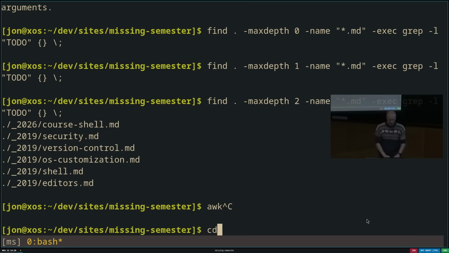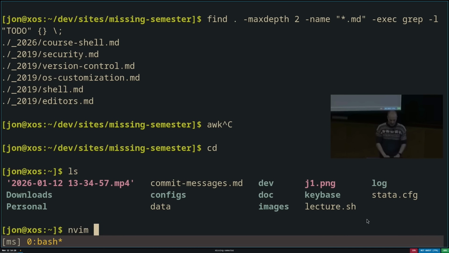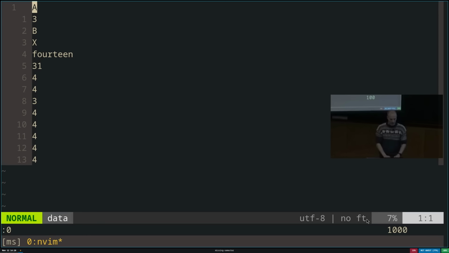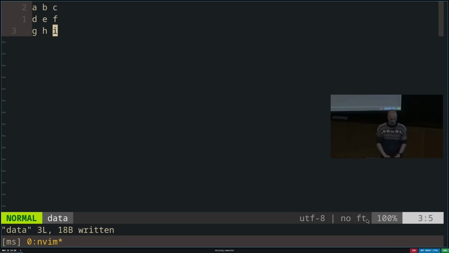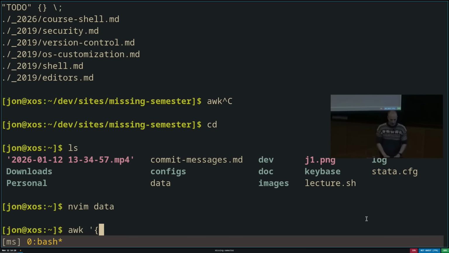So if we go back to our home directory, where we have our data file, let's clear out that file, and I will type A, B, C, D, E, F, G, H, I, matrix, good old matrix. And then I write awk '{print $2}' data. The thing in the quoted string is an awk program. We're not going to teach you the awk programming language here because it's fairly extensive, but you can often do very simple things by just learning a couple of key bits about awk.